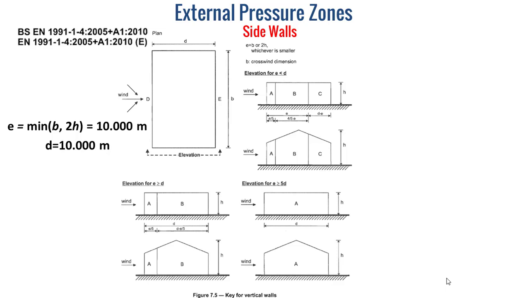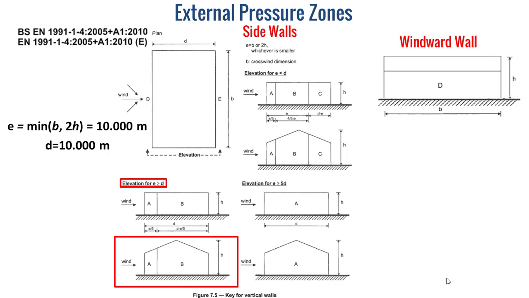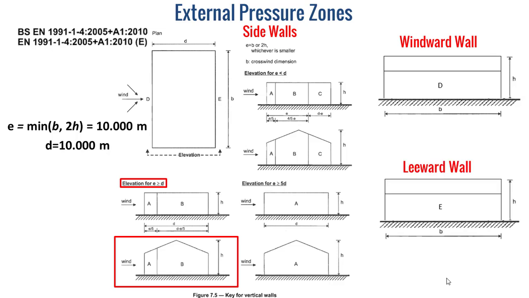So we are in the case where E is equal to D. So in this model, we are in the second case, which shows two external pressure zones A and B on the side walls. For the windward wall, we have a zone D, and for the leeward wall, we have a